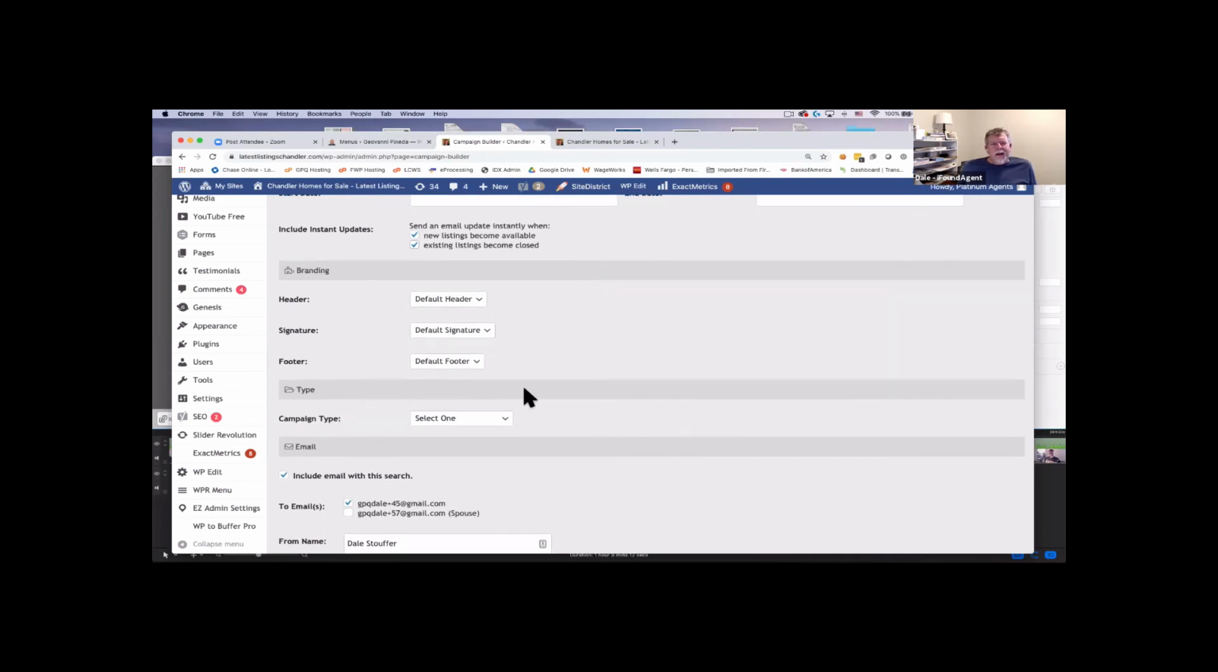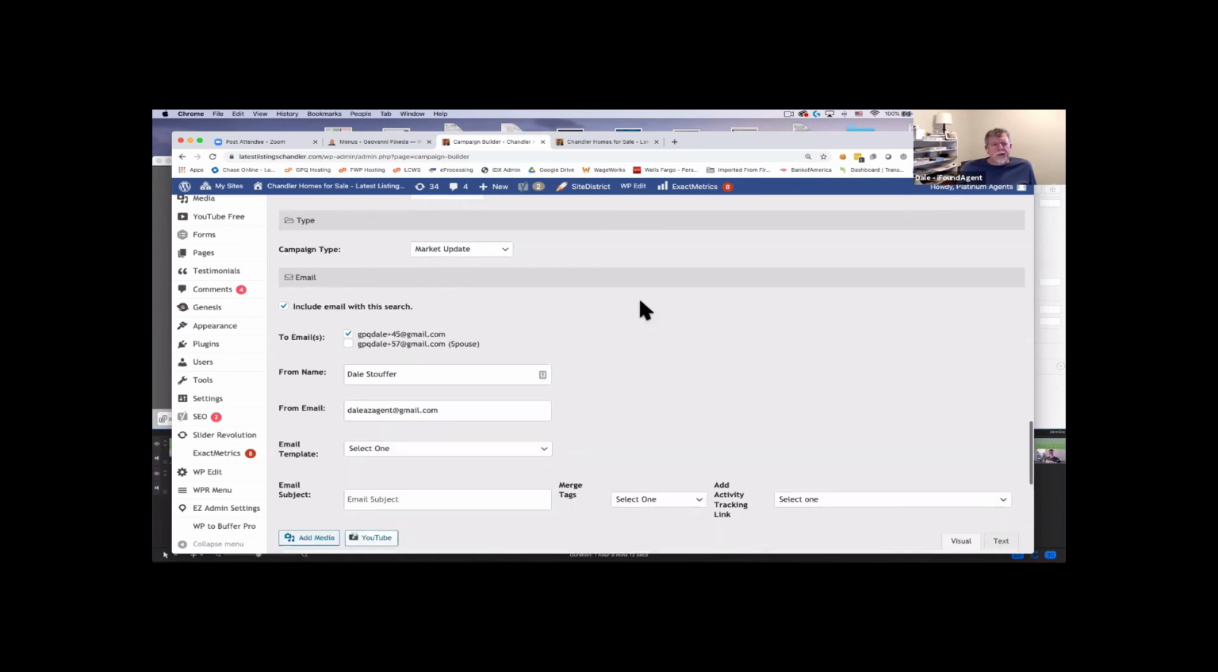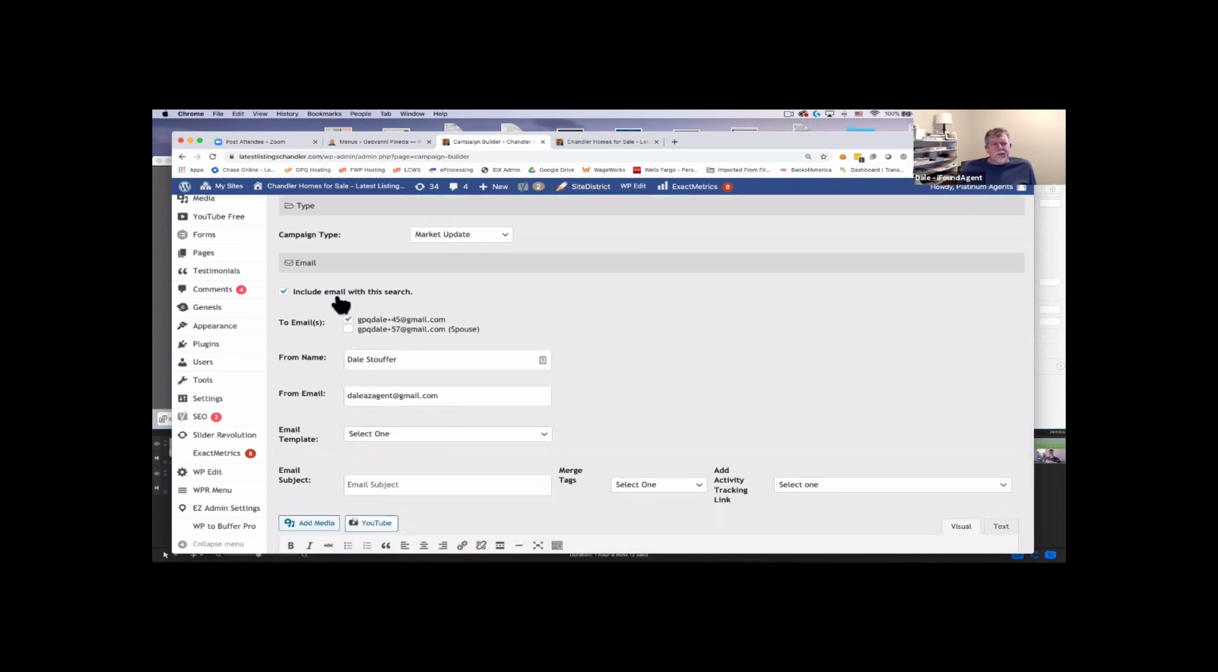Okay, I don't have to change the default header, signature, footer because they're all branded to me. Campaign type is called a market update. Very important: market update, not marketing, market update. Okay, that's what we're sending them. And then notice here, I have